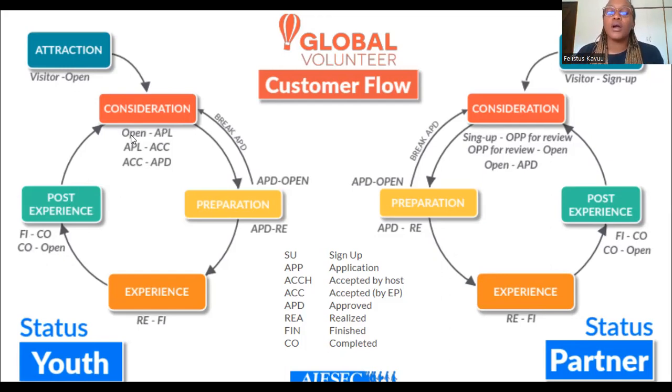We have open to applied, applied to accepted, accepted to approved. Open is the number of slots that you have. And then, depending on these slots, EPs now apply. They see the open slots and they apply. Once they apply, they need to be contacted by someone from the iGV portfolio. Once they are contacted, this person from ISEC in Uganda schedules an interview with the EP, or sends them a set of interview questions, and the EP responds with a video in case they are not able to settle on a time that works for both of them.